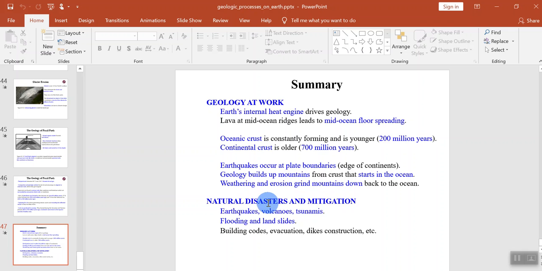A lot of natural disasters like earthquakes, volcanoes at plate boundaries, tsunamis in the ocean, flooding,